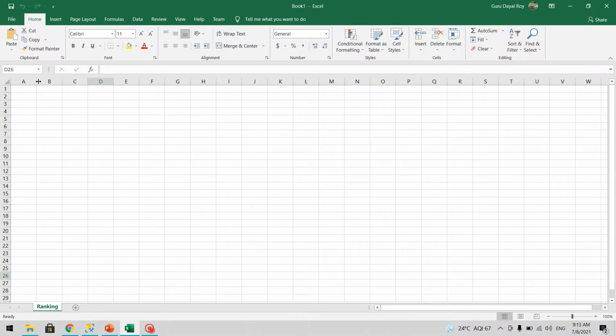So how do RANK and DENSE_RANK work? I will order certain data and then I'll show you how it will give you the rank values. So let's say I have a column A and I have put in random numbers.